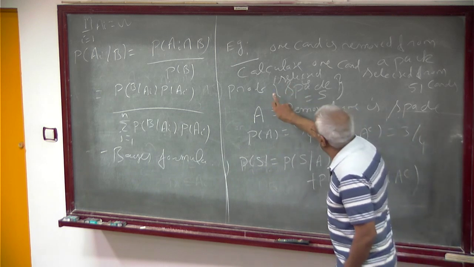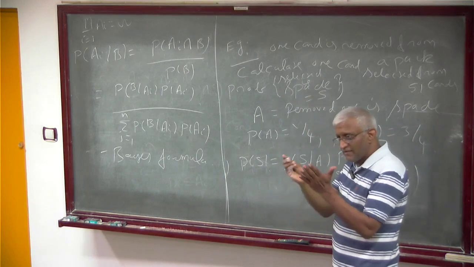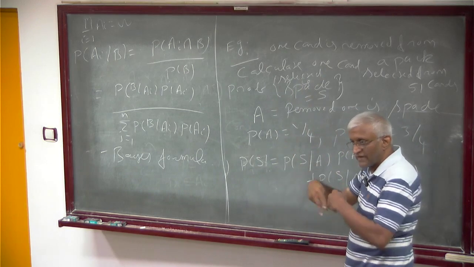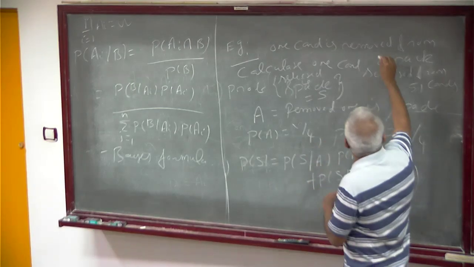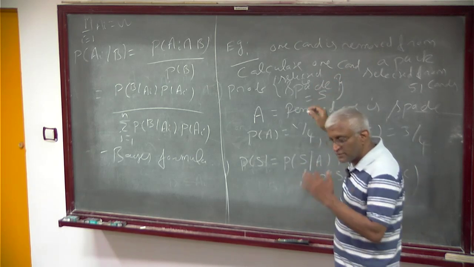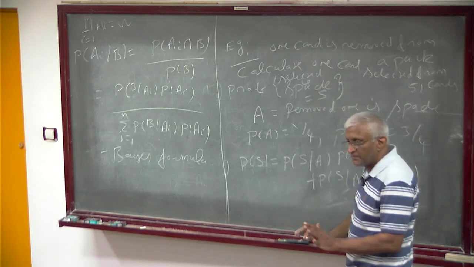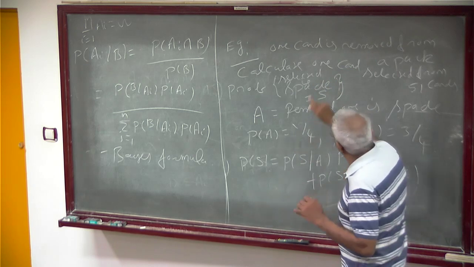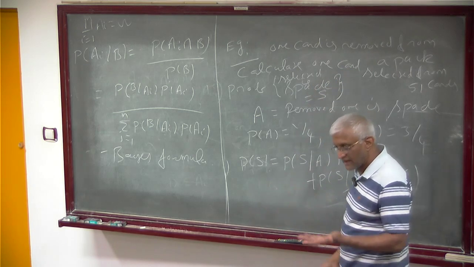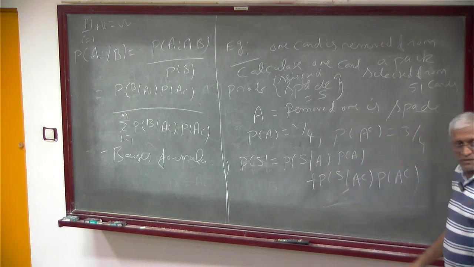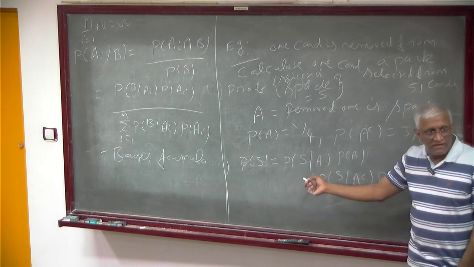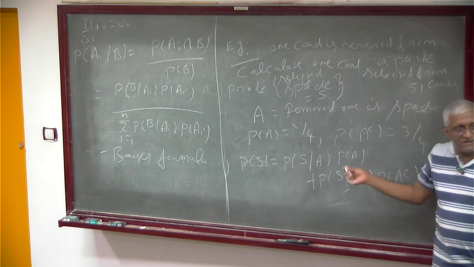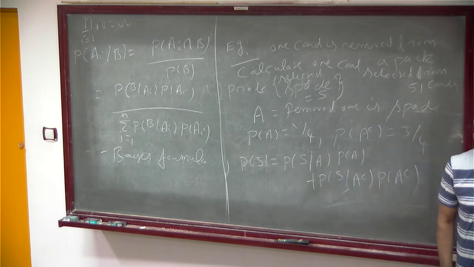This is not clear? Find the probability of selecting a spade. We have 52 cards. One card is thrown out somewhere randomly. You have 51 cards now. From there, you select a card. That's why I use a different word: removed card, selected card. The selected card is a spade. Find the probability of that. That's all. We don't know which; this is conditional probability. This is how we use those formulas.